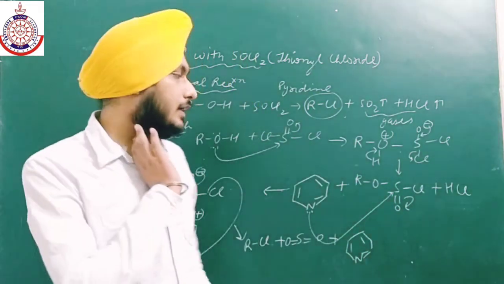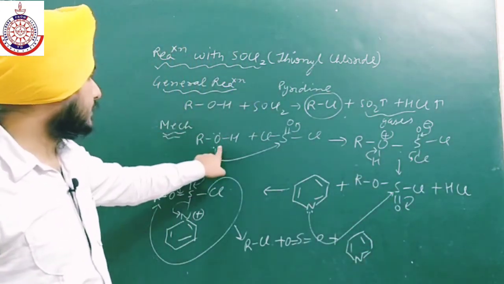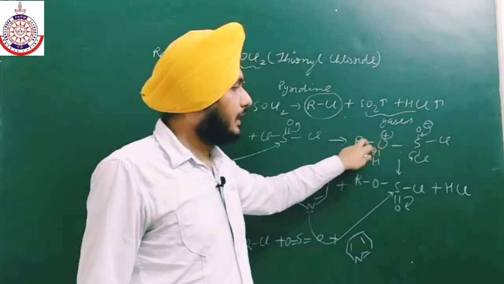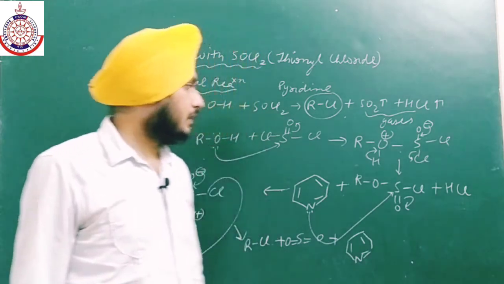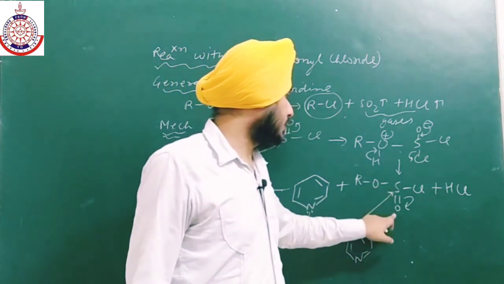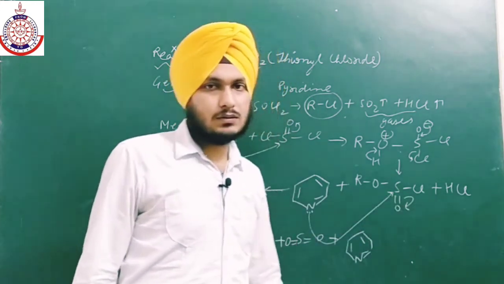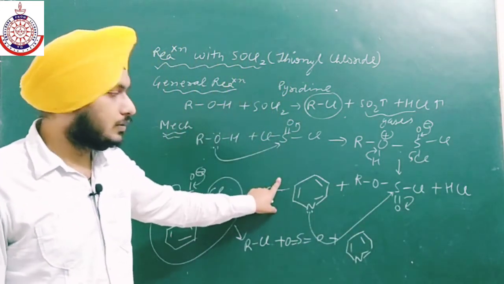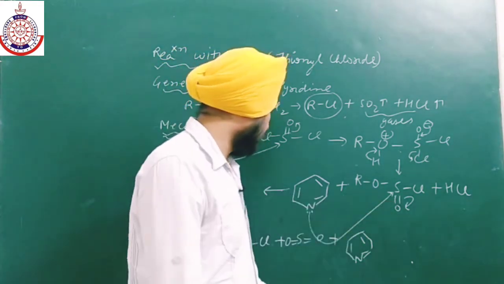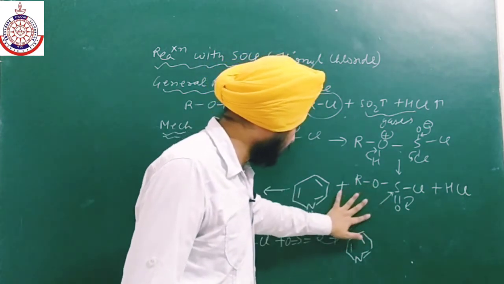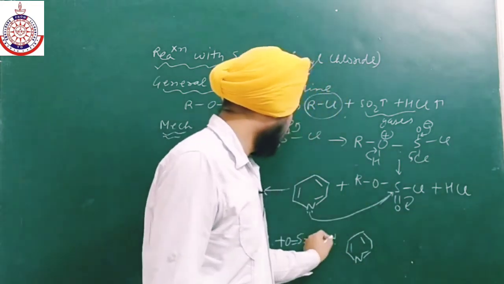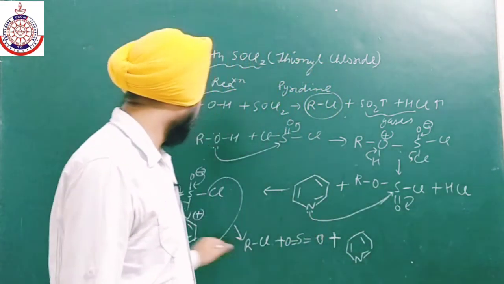The first step is the attack of nucleophile. And next step, in order to neutralize these two, H positive and Cl negative will leave. Okay, there is no other option. And next we have RO as double bond O and Cl. Now the catalyst will come into the picture because we don't have any other option. These lone pair will attack over here like this and we will get this product.